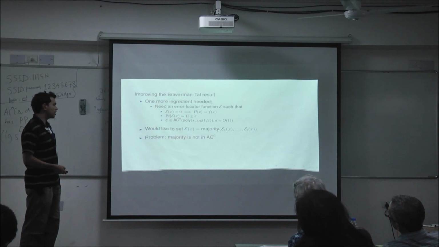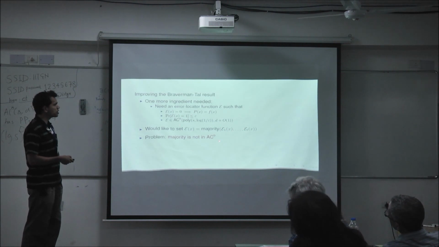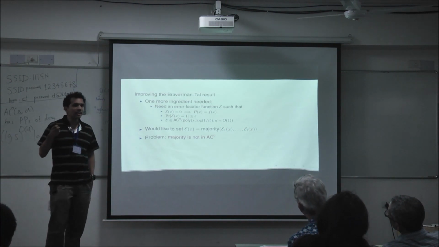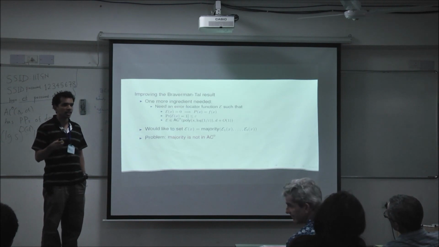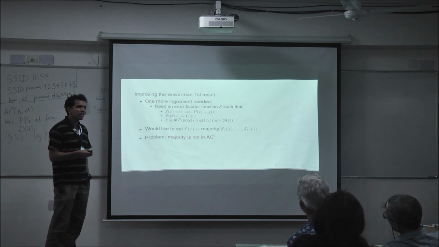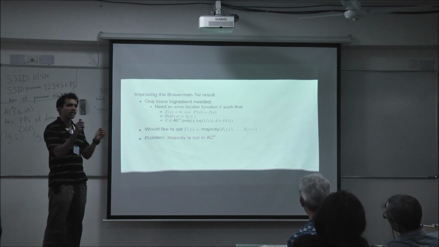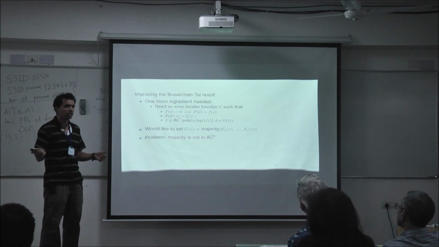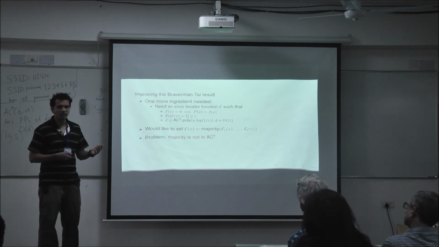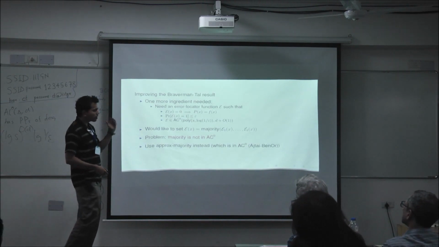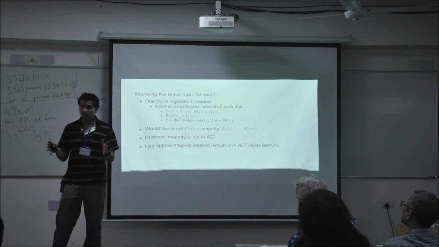But what you can do is notice that most of the time, these polynomials P1 to Pt that we pick are right, each with high constant probability, right? Let's say 90% of the time. So most of them are going to be right. In which case, we don't really need to compute majority exactly. We just need to check if at least 70% of them say 1, or at least 70% of them say 0. Okay. Right. So there is something called approximate majority, which is the majority problem